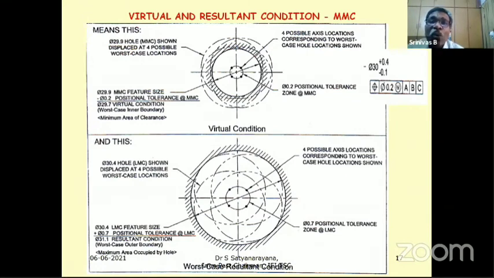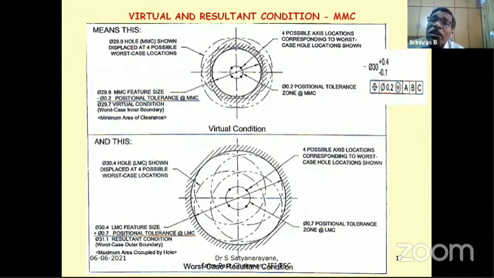Now, I would ask you, what is the LMC of the hole, gentlemen? Please answer, what is LMC of the hole? Can someone? Here you see that I am showing the arrow, 30.4. LMC is 30.4, sir. LMC means least material condition. When is the least material? When you made a big hole, then it is called least material condition. What is the big hole here? 30.4. That is LMC, 30.4.